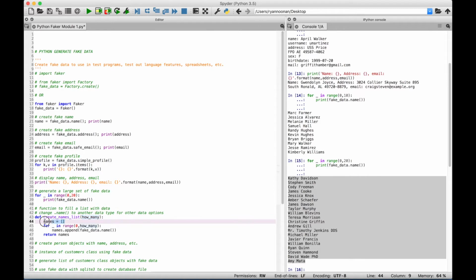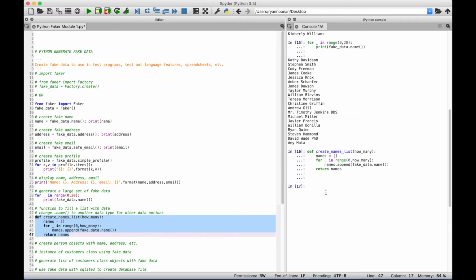Here we created an empty list to hold the names. Here we use a loop to loop through a range of numbers, and for the range number, that will be defined when we call the function and put in the argument for how many. And here we go ahead and append the fake names to our names list, and then finally return that list of names. So let's go ahead and run our function,